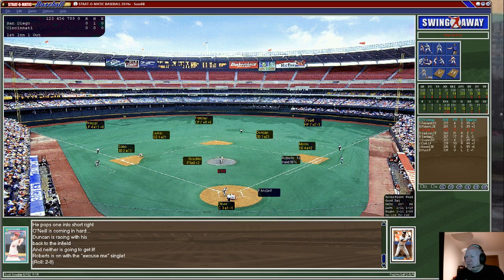Roberts a threat to steal as the slugger Fred McGriff comes to the plate. Is Roberts going to look to go? He takes a 3-step lead. Scudder zips a quick throw to first. Roberts barely gets back. That was very close, and Roberts is going to stick closer to the bag as the